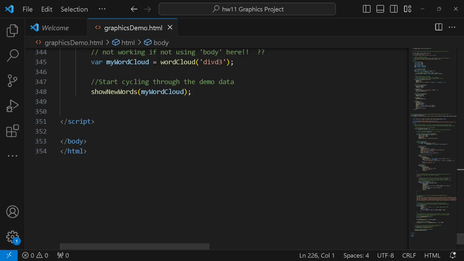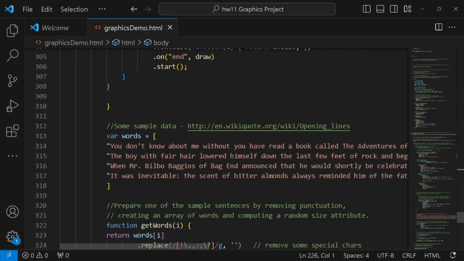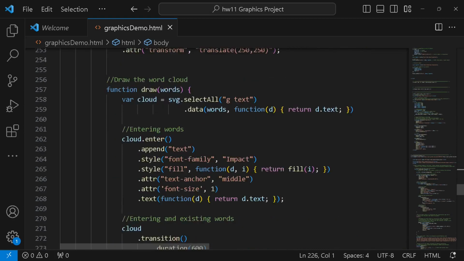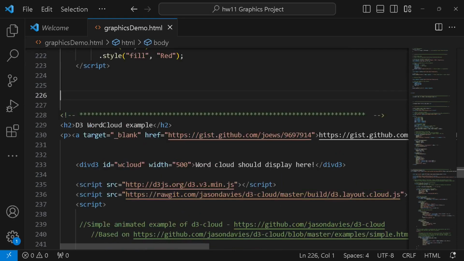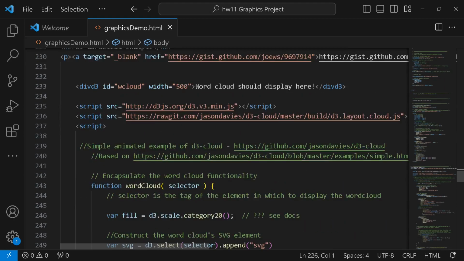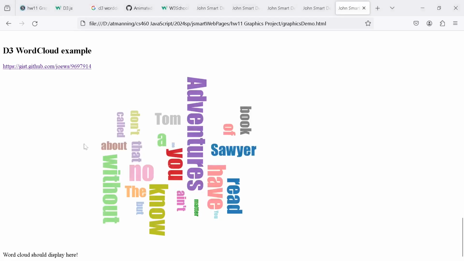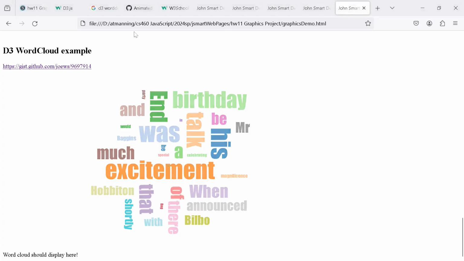So I jumped down to that bottom one, and again, this is an example of something you very commonly do when you're coding. You take other people's code and you incorporate it into your page. You have to figure out sort of what that code is doing, do a little troubleshooting. And the nice thing they gave you is if you go to the example here,